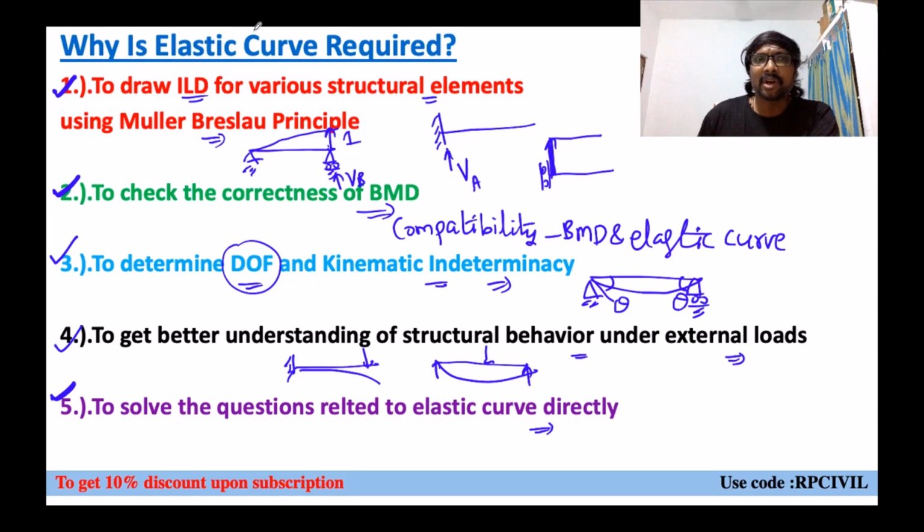So if you know how to draw this elastic curve, we can identify those answers directly, right? So you need not use the moment area method and double integration method and all those things for drawing the elastic curve. For qualitative elastic curve, we just require visual inspection and compatibility checking. You don't require calculations. But for quantitative, meaning amount of deflection and amount of slope, calculations are required. Qualitative means simply the nature of the curve.